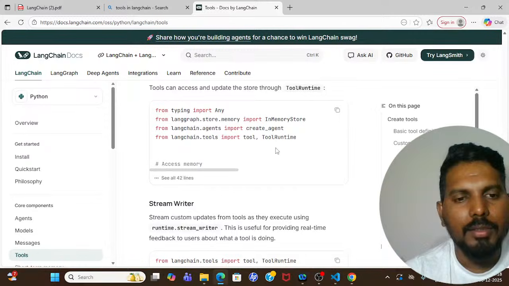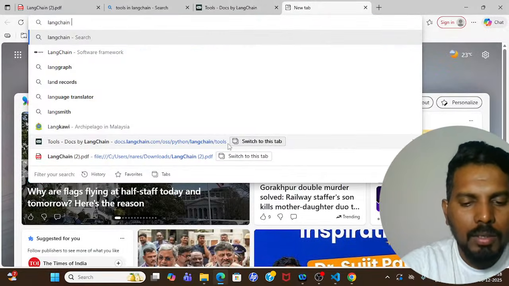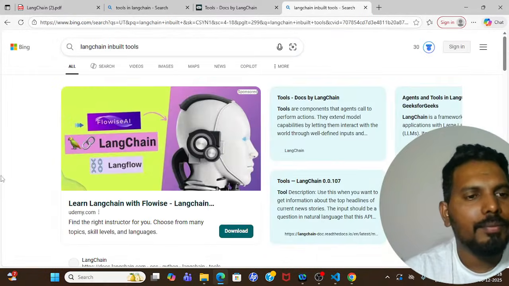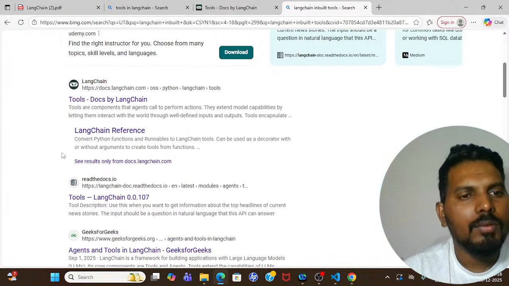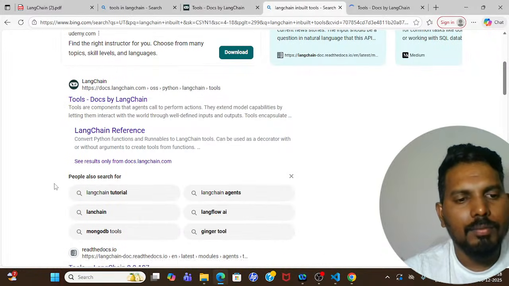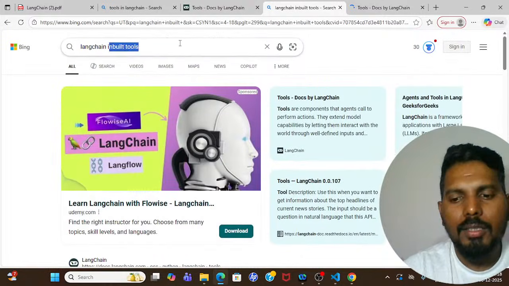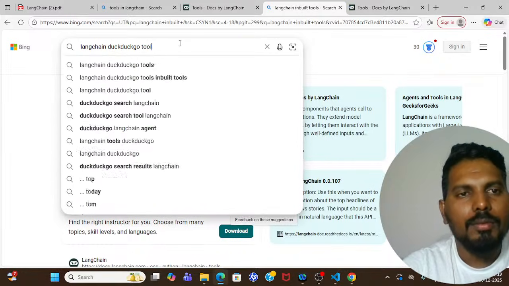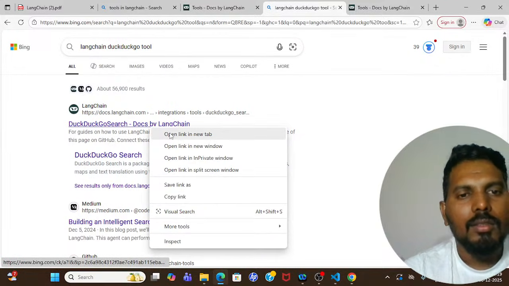Let me find out where it is, or let me search LangChain built-in tools. Or I can directly search LangChain DuckDuckGo tool. So this is one predefined tool in LangChain. Okay,